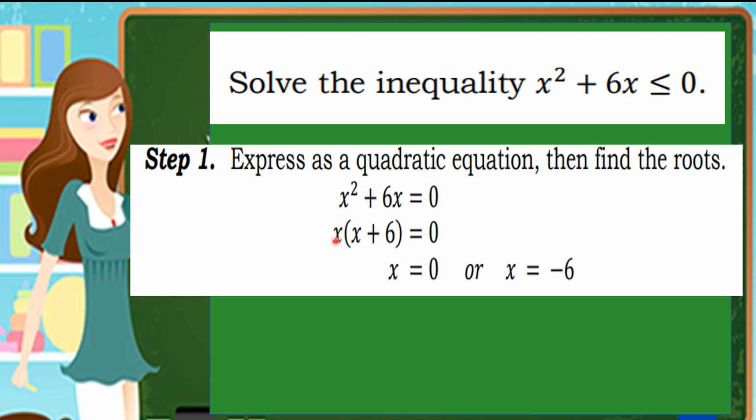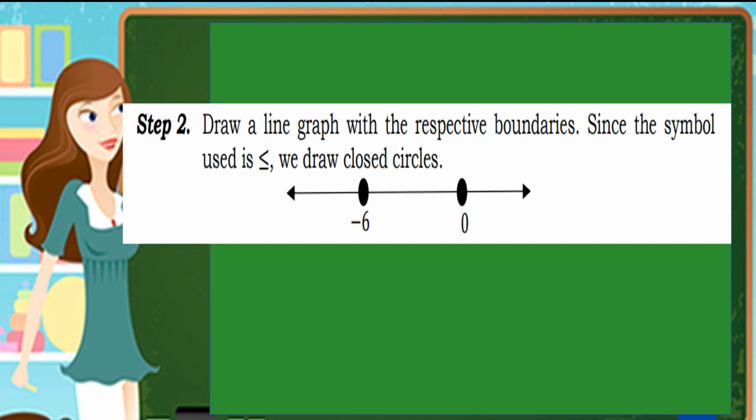Then, equate each factor to 0. So, magiging x is equal to 0 and x plus 6 equals 0. Therefore, we have x is equal to negative 6. Then, draw a line graph with the respective boundaries since the symbol used is less than or equal to, we draw closed circle or